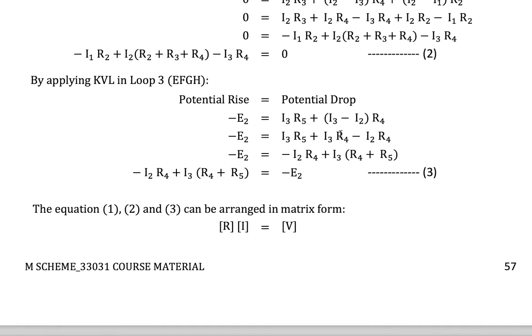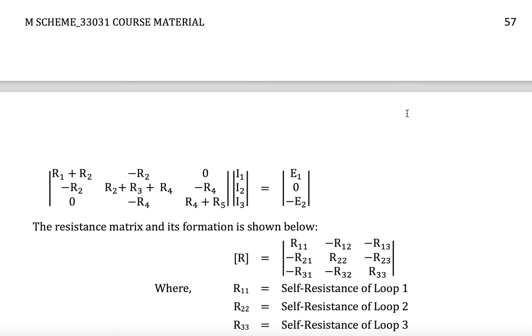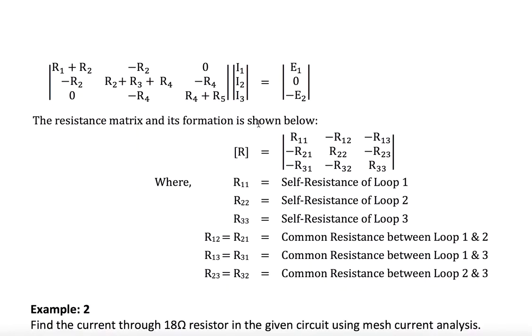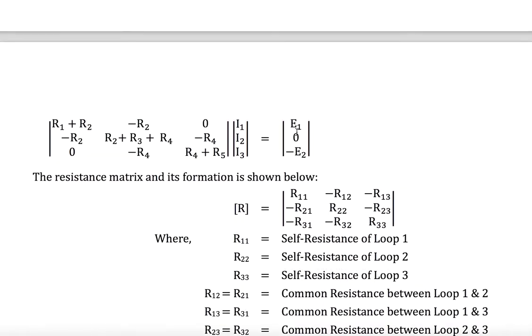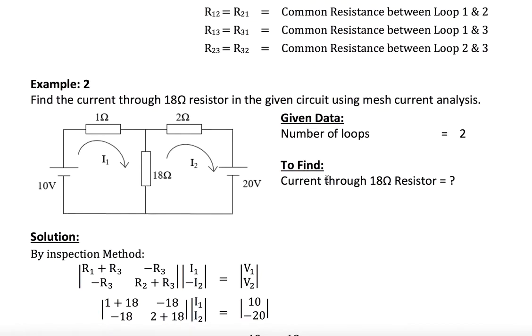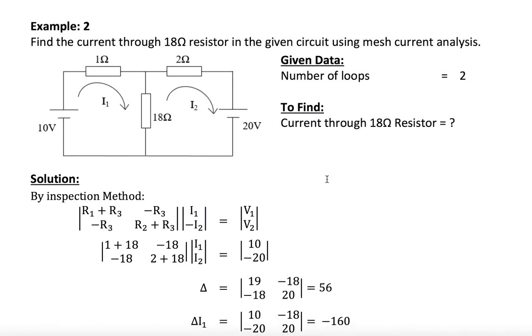So three equations you get on simplification, and there are three unknowns. You can use any method. Here they are using maybe Cramer's method. Whatever method you use, you can find the solution, right? You can also use the inversion method to solve this, whichever you studied in engineering mathematics 1. Those methods you can also apply.